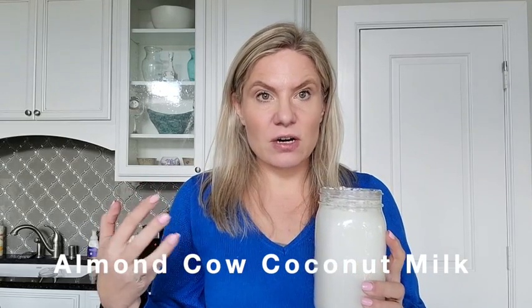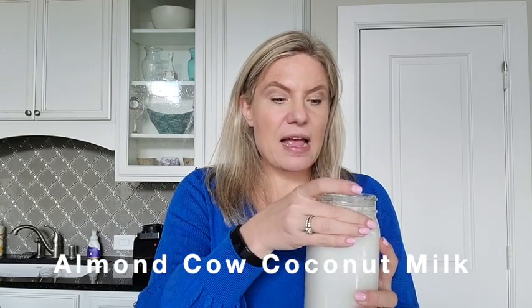So it's like a thinner texture. Like I said in my previous video, which I'll link here, for coconut milk, still the MioMat definitely wins because it stays thicker, with that consistency of more of the canned version of coconut milk that I like to cook with to thicken up and give that creamy texture to my dishes. And so still the Almond Cow, to me, falls a little bit short because it kind of separates out